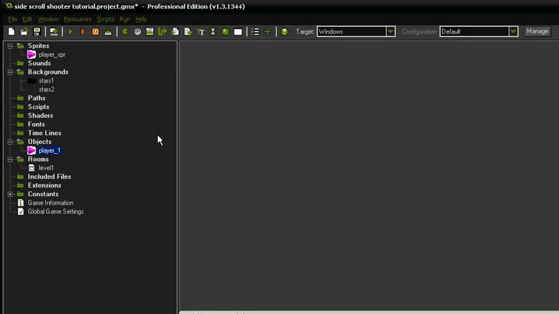Next, we're going to make our player object a bit more visually interesting by adding a bit of animation to it. And what we're going to do is create a kind of jet afterburner rocket flare effect coming out the back of the player sprite, and we're going to do this using a particle system, which is a sort of inbuilt graphical special effect that GameMaker has, and it's normally used to make things like rain and snow,